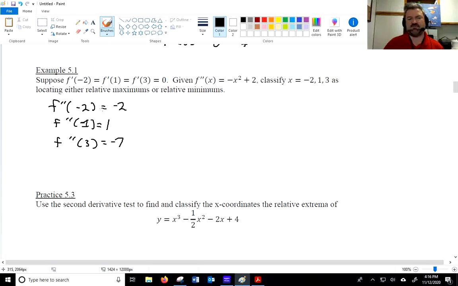Now, in reality, we should have some information about f double prime existing on an open interval around here, but I probably just didn't include that in the instructions, so we'll assume it's true. It's just a practice problem, right? So we can say here, though, that as long as we do have twice differentiability on an open interval surrounding the points, I can say that by the second derivative test,